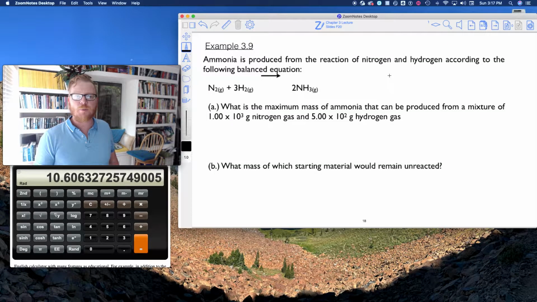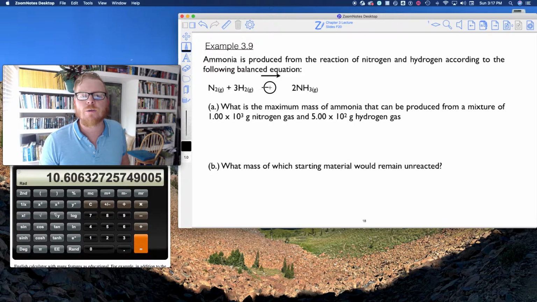Okay, so here's another problem. Oh, my arrow. What happened to my arrow? Let's draw that in right there. Okay, beautiful. All right, so ammonia is produced from the reaction of nitrogen and hydrogen according to the following balanced